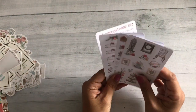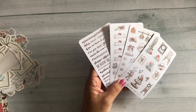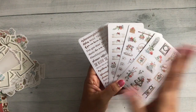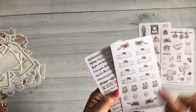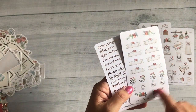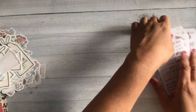So then we also have the stickers, which are the stickers that come in the kit, and I'll compare these with the box sticker kit, which is an add-on, and the sticker kit, that's an add-on. But these stickers are included in the Planner Society kit, so included in everything I just showed you. So you've got some decorative stickers here, some banners, and these are habit trackers in the vase again, and these all have rose gold foiling in them, and then these words, love them. I will compare these with the other sticker kits, but let's do our final item,